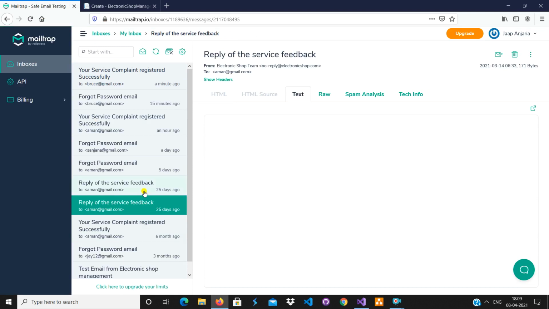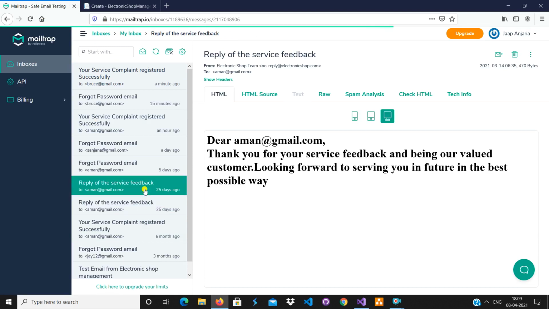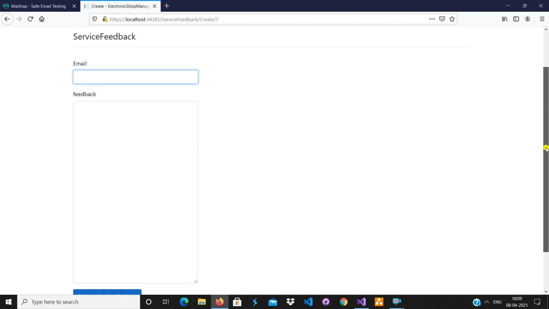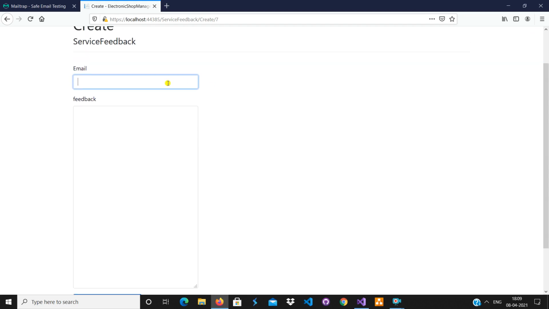The reason is, let's say the engineer was assigned, and the engineer has now done his job of repairing the electronic item. If the customer wants to give feedback about the way the engineer behaved, or the experience of how that electronic item is working, our service, he can give anything in the feedback.